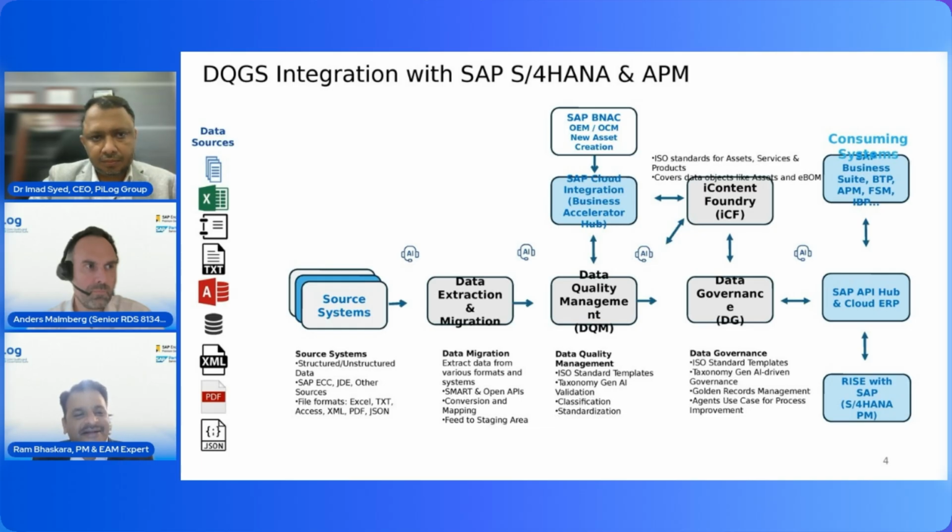When I am saying data, it is not just the master data in terms of the definition of the asset, the classes and the characteristics, but it also extends into metadata management, which is very, very important and critical for business controls. All these things happen in the DQG layer of the DQGS suite, which is the Data Quality and Governance Suite. And once this has been done, you know the roadmap.